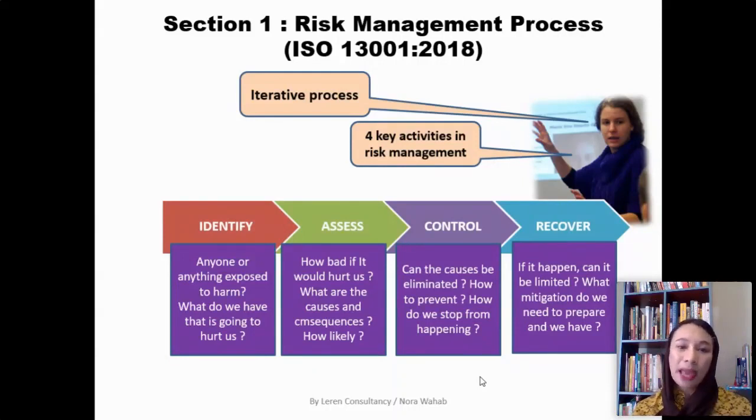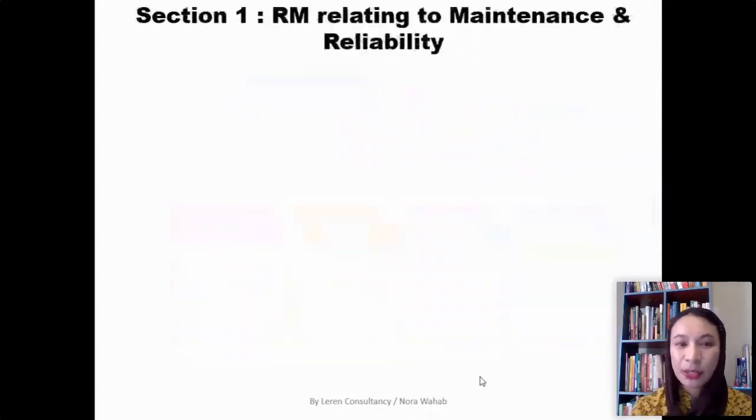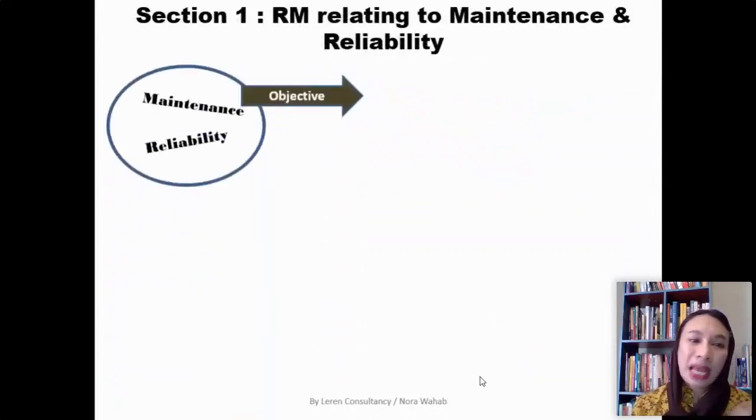So these are the 4 elements that I hope after this are in everyone's mind; mostly all engineers know what the risk management process is. So when it's really maintenance and reliability, when we do